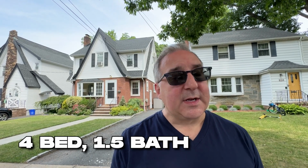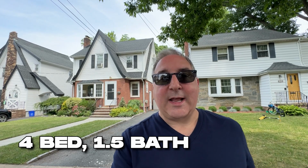This is a Tudor-style home. It's 4 bedrooms, 1.5 baths, so 1 full bathroom less than the last property, but the property itself is larger. It's a little more refined. It's got higher end finishes. It's got a patio in the back, and the most important thing about this property is it backs up to